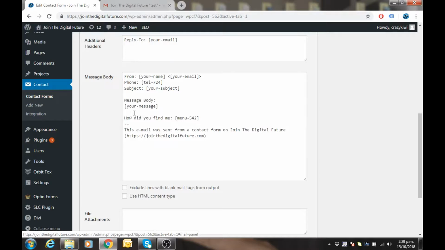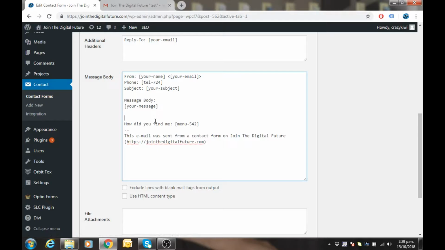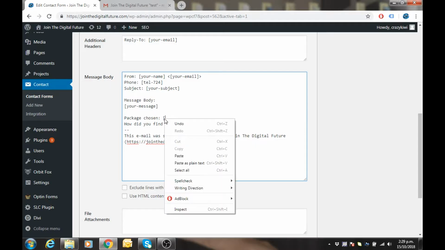So we'll add that just above. Open bracket. So I just put package chosen because it was choose a package, and right click,